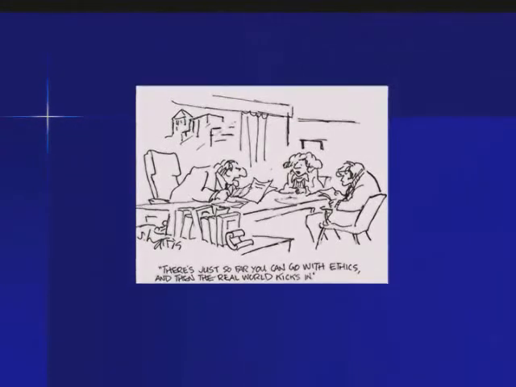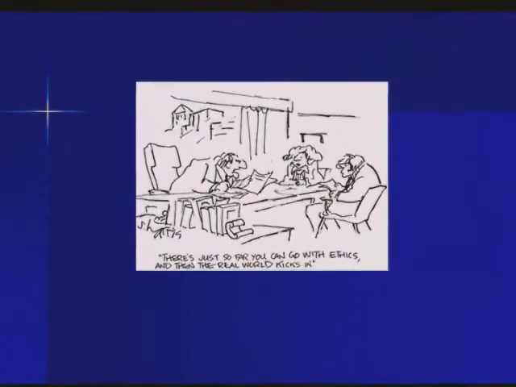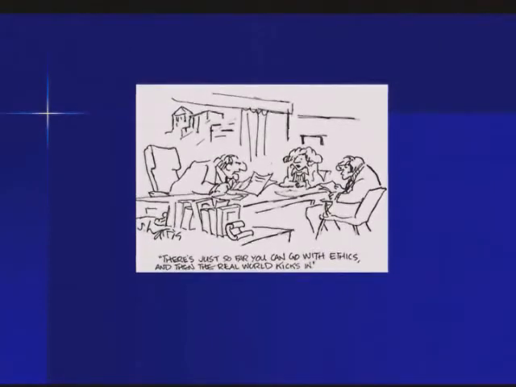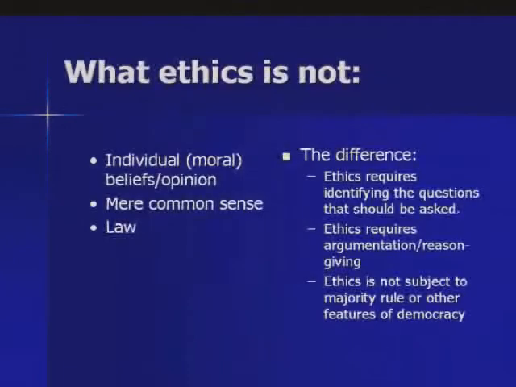There's just so far you can go with ethics, and then the real world kicks in. This is a lot of people's view of ethics. One, of course, I take issue with, having spent my life on it. And it really relates to my pet peeves. A lot of people think ethics is just individual opinion, just common sense. I hear this from my students and house staff all the time. We just have to agree to disagree because we're not going to come up with a good answer. And sometimes that's the case. We have to agree to disagree, but not until we've really worked through the reasons behind the opinions that we hold. It's not enough to just say, I think blue is a better color than red. You have to explain to me why.